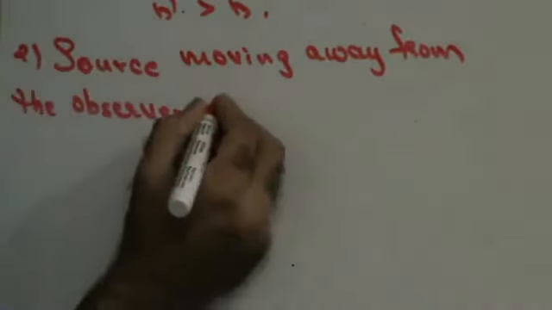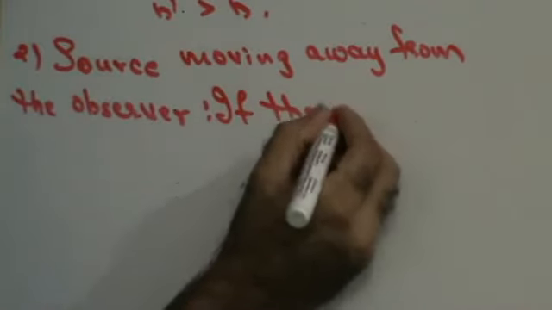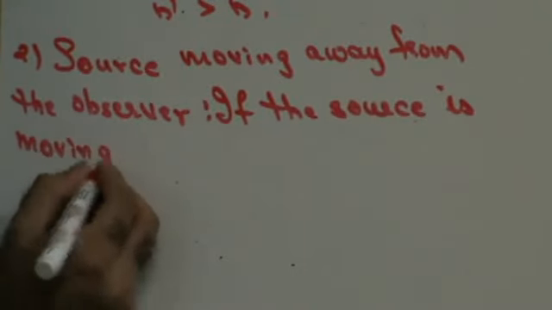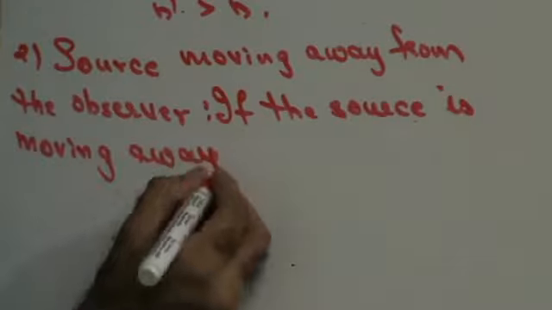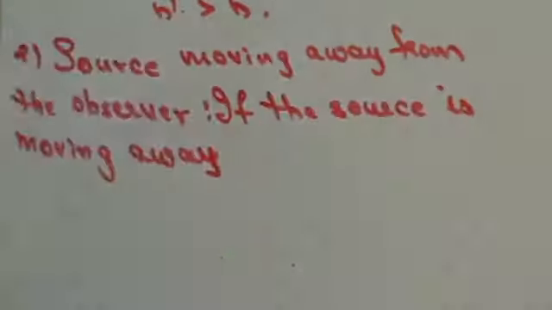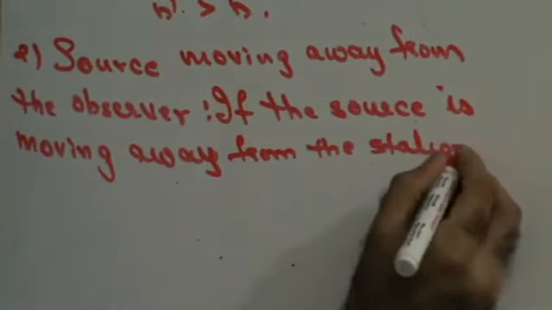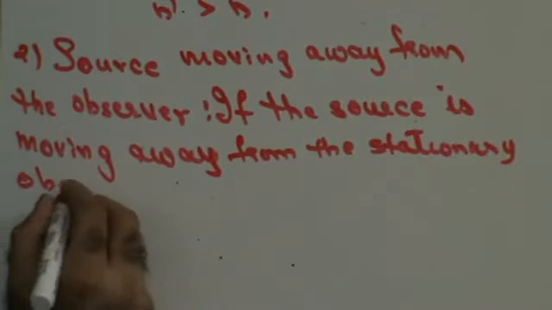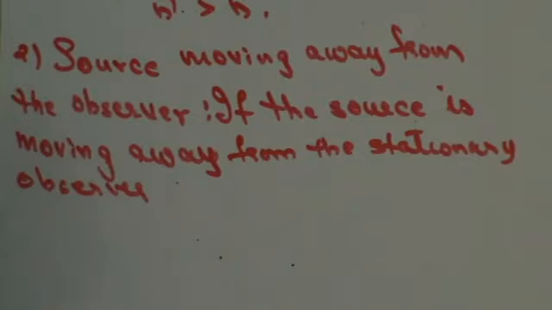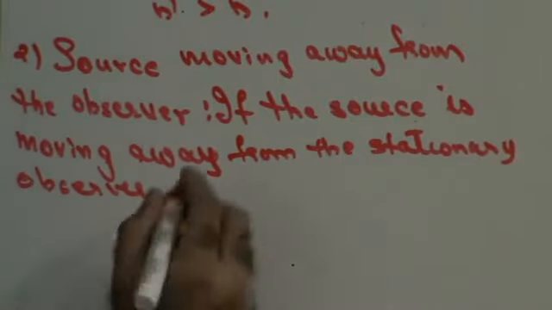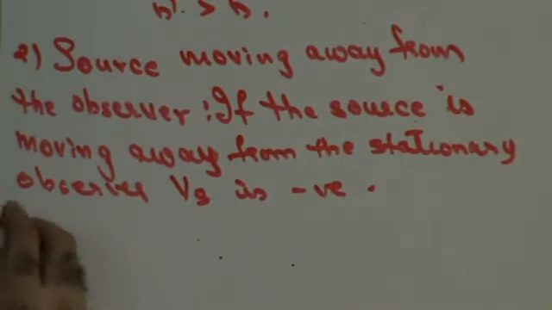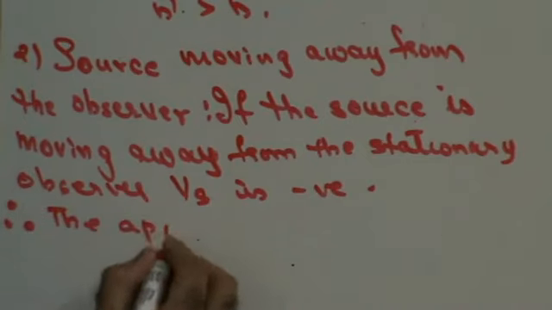Now, if the source is moving away from the stationary observer, then I can say, since he is moving in opposite direction, that means Vs is negative. Simple basic maths. Therefore, I can say that the apparent frequency